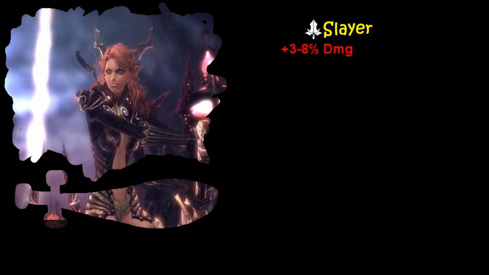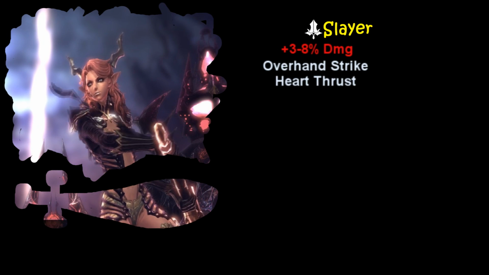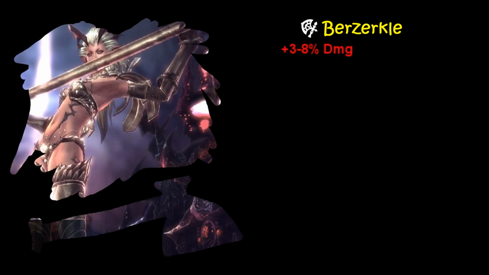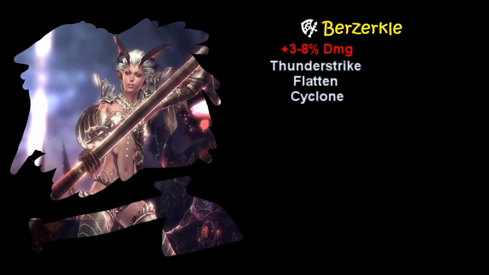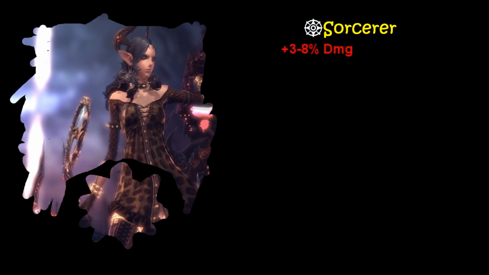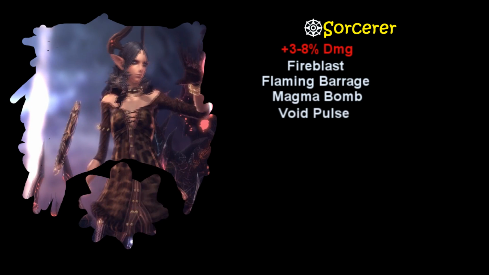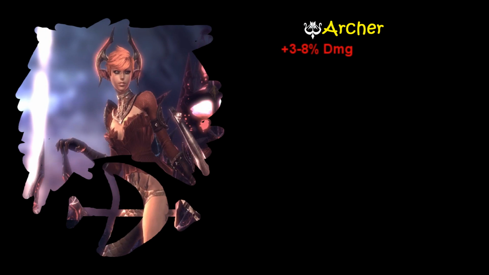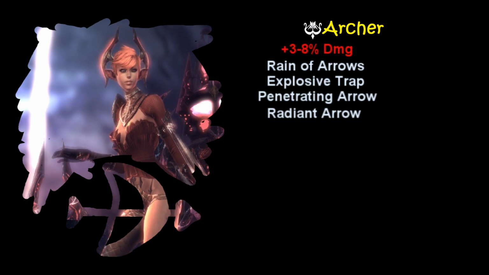For Slayers, the following skills get 3 to 8% damage buff: Overhand Strike, Heart Thrust, Knockdown Strike, Measured Slice, and Whirlwind. For Berserkers, 3 to 8% on these skills: Thunder Strike, Flatten, Cyclone, Vampiric Blow, and Evasive Smash. For Sorcerer, 3 to 8% on these skills: Fire Blast, Flaming Barrage, Magma Bomb, Void Pulse, and Hailstorm. Then for Archers, 3 to 8% damage on these skills: Rain of Arrows, Explosive Trap, Penetrating Arrow, Radiant Arrow, and